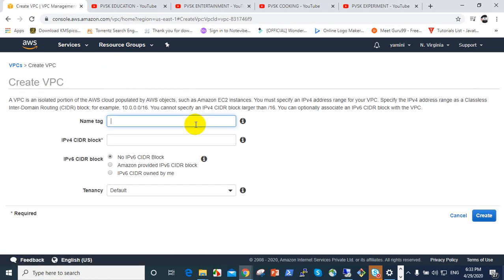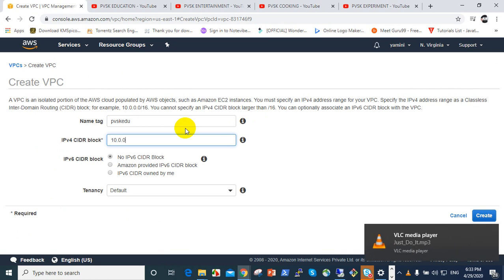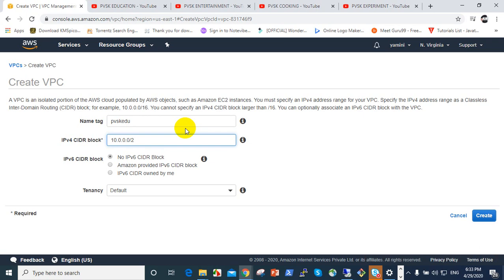VPC name: PVSK edu, and the CIDR block 10.0.0.0/24. We explained this many times. Here 26 means 2 power 32 minus 26, 2 power 6, which means 64 IP addresses we can create.